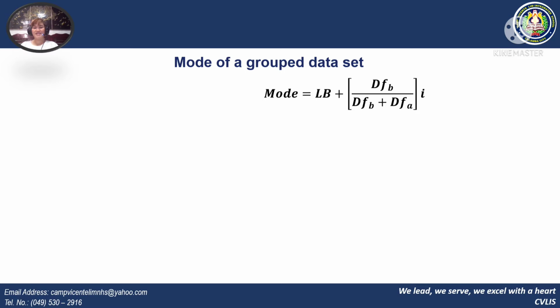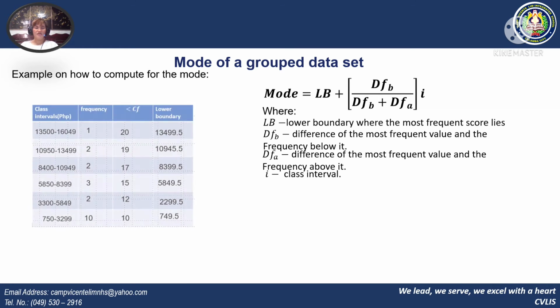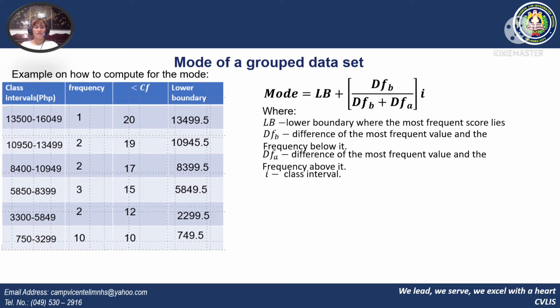We have the formula to be used, that is LB plus the quantity of df sub B all over df sub B plus df sub A times the i, where LB stands for the lower boundary where the most frequent value or score lies. df sub B is the difference of the most frequent value and the frequency below it. df sub A is the difference of the most frequent value and the frequency above it, and i is the class interval. Using the same table, so we have to look for the most frequent value,